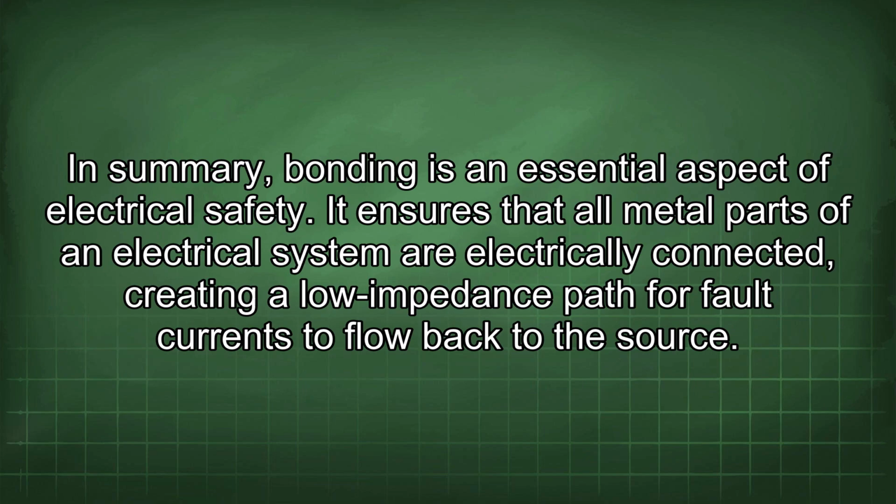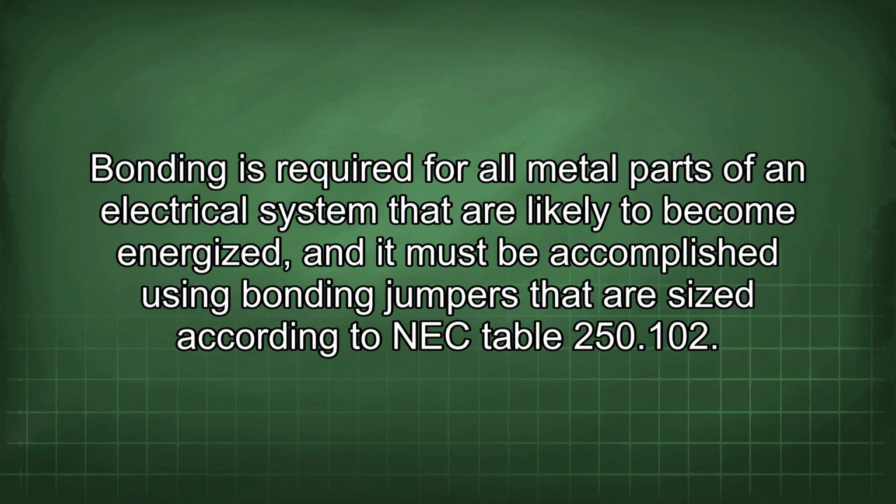In summary, bonding is an essential aspect of electrical safety. It ensures that all metal parts of an electrical system are electrically connected, creating a low impedance path for fault currents to flow back to the source. Bonding is required for all metal parts of an electrical system that are likely to become energized, and it must be accomplished using bonding jumpers that are sized according to NEC Table